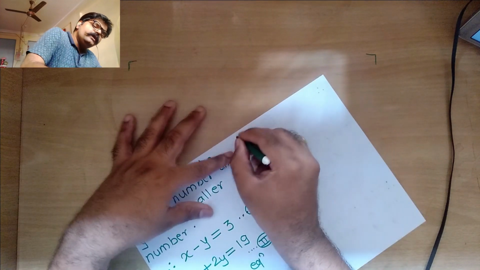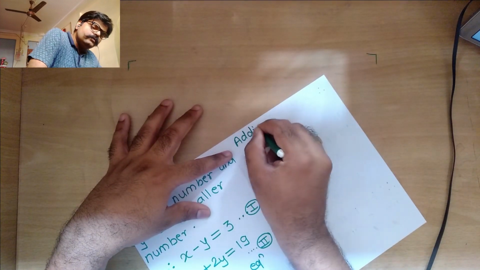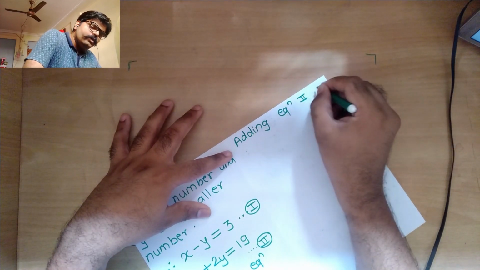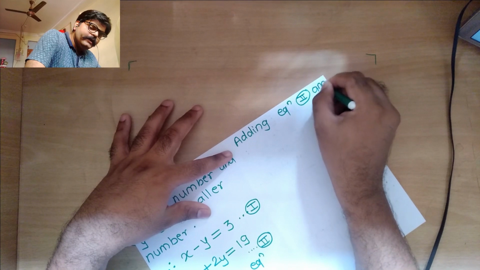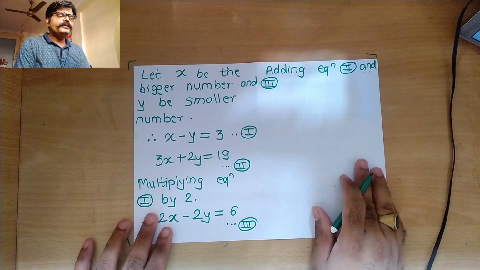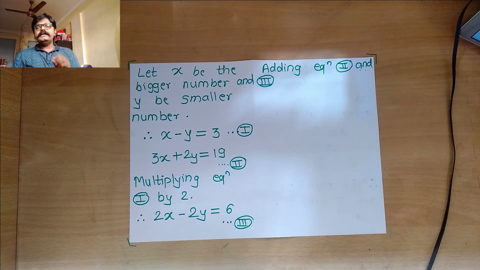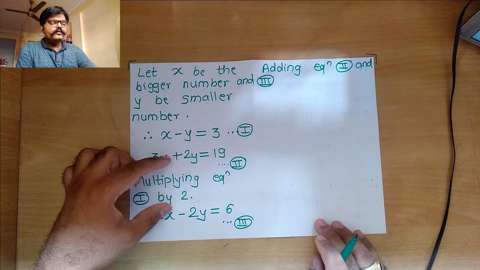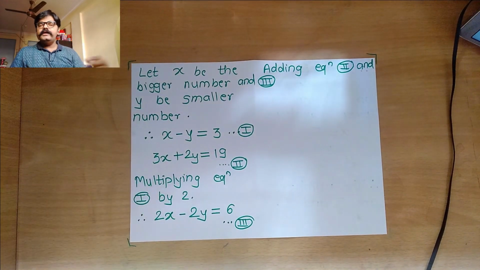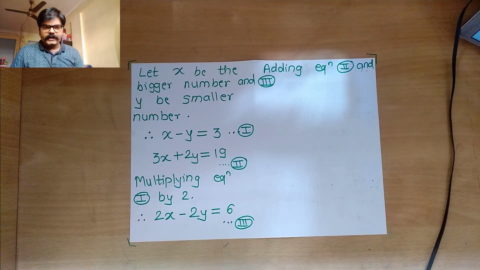So what I am writing over here, adding equation number 2 and 3 together. We are going to add this equation number 2 and 3. Please let me remind you why exactly we are only adding them or not subtracting them, is because afterwards what same partners we have got, they are 2y and they are having opposite signs. Since they are having opposite signs, therefore we are adding them. Had they had same signs, we would have subtracted them.